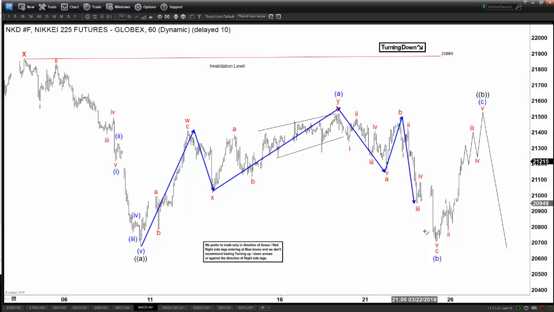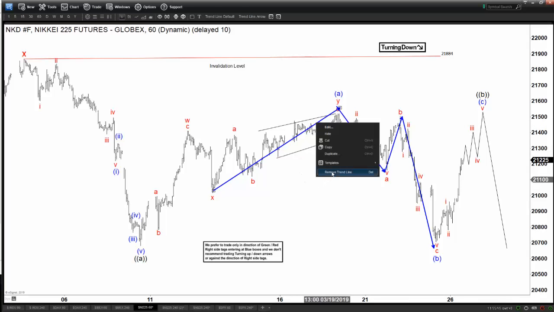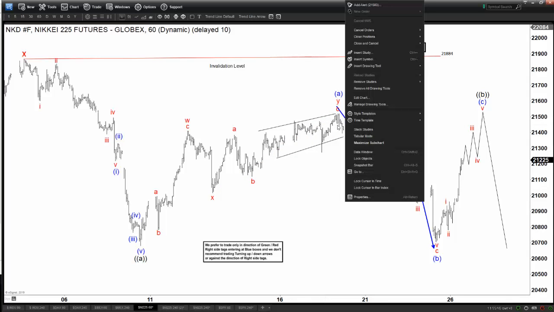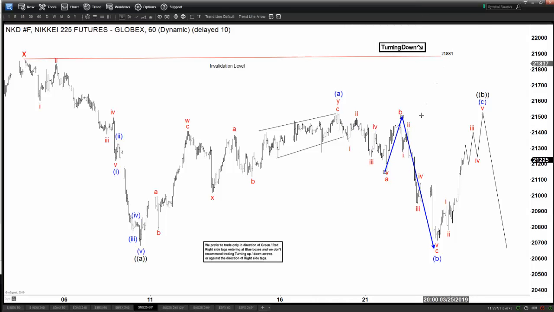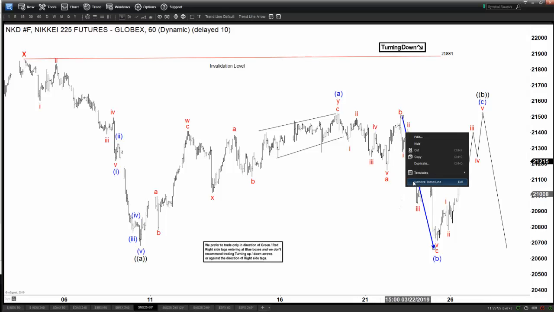So it's a 3, 3, and then 5. That will be the subdivision of a flat, an expanded flat A, B, C. A flat is always going to be difficult to know exactly when it is going to finish, but the idea is that as long as this pivot high remains holding, we can look for the downside in Nikkei again after this